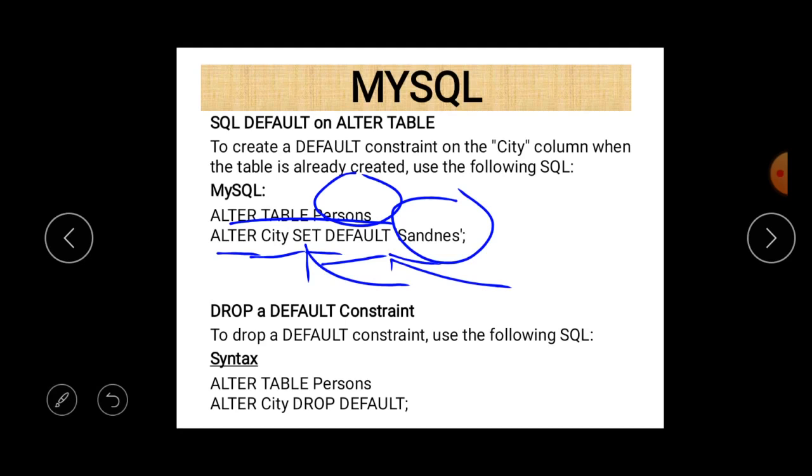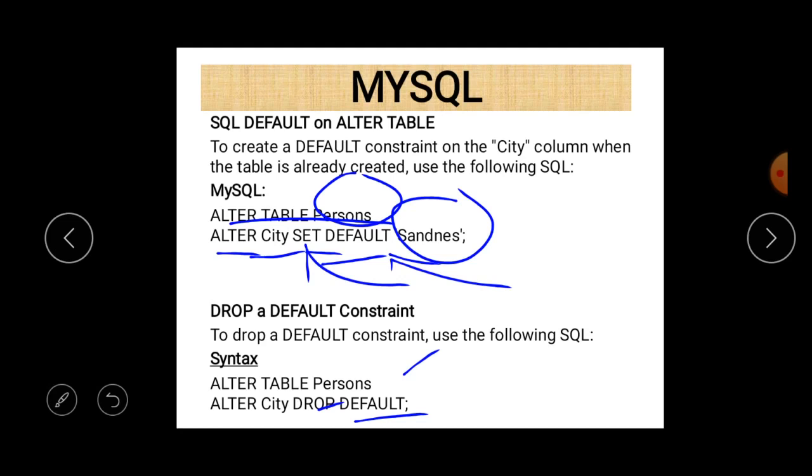And if you want to drop that default constraint, for that purpose just write alter table, name of the table, that is person in this case, and after that the keyword drop and the name of the constraint, that is default in this case.